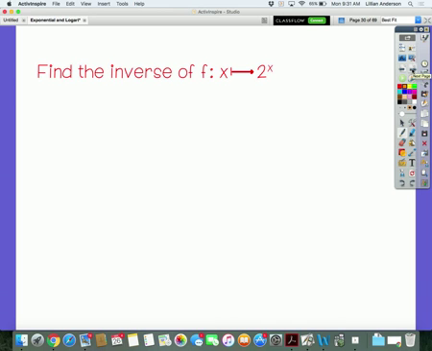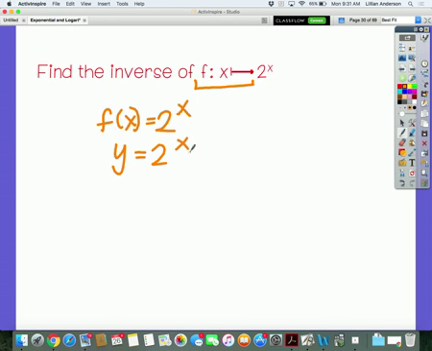We're going to find the inverse of f colon x arrow 2 to the x. That notation means what? You've seen this before. It means f of x equals 2 to the x, and we are trying to find the inverse of that. F of x is the same thing as y. So now to find the inverse, step 1 says to switch. Step 2,